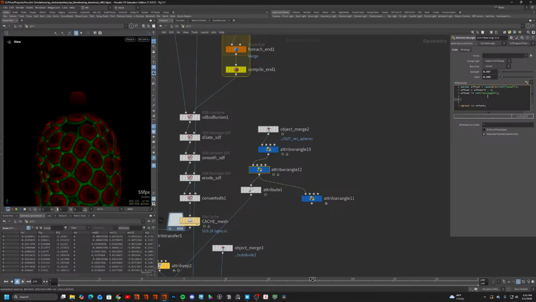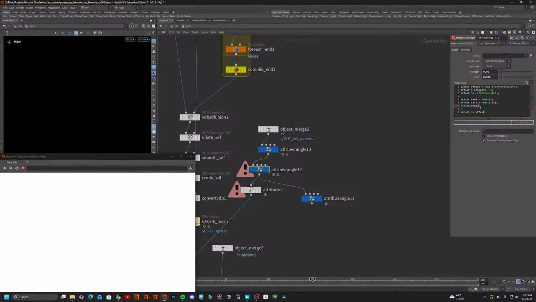So matrix rent is equal to ident, but rotate rent by, let's just create a vector axis is rent at edx. So we rotate along a random axis,